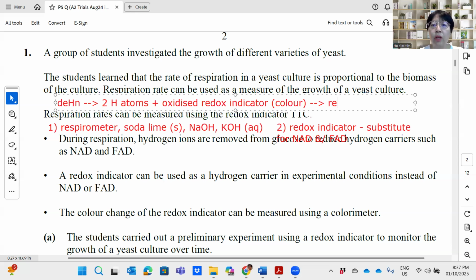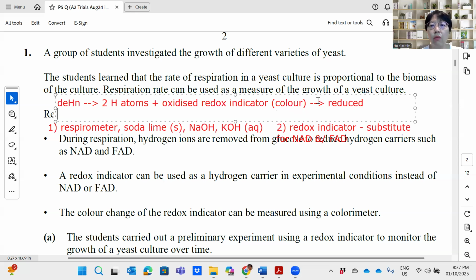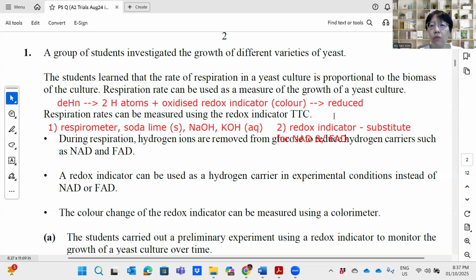It will become the reduced redox indicator, and it has a different color. Because the redox indicator gives us a color when there is a reaction, it is easier for us to measure. So instead of measuring gas like oxygen absorbed or CO2 released,